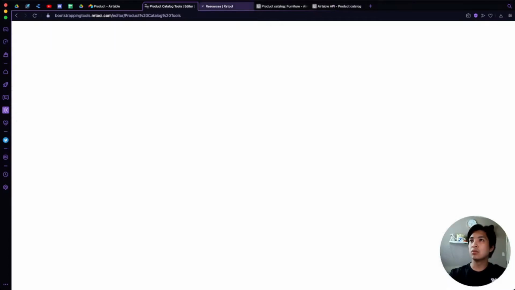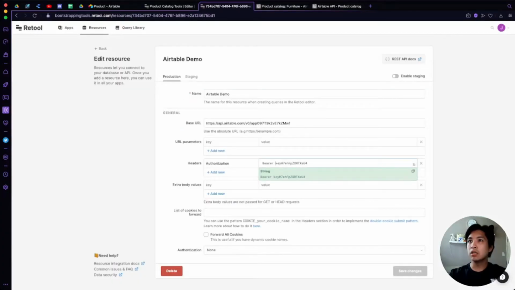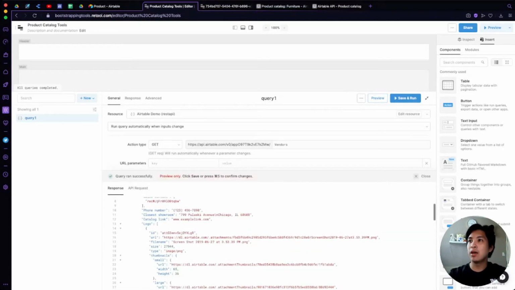and see what's wrong here. Let's go back to demo. So this is bearer, that is the key. Nothing wrong with that. Maybe I spelled authorization wrong. Possibly. Wait, yeah, that's spelled wrong. There we go. Okay, so let's save that and go back here and test it out. Preview. Boom. Okay, so now we're getting data back,